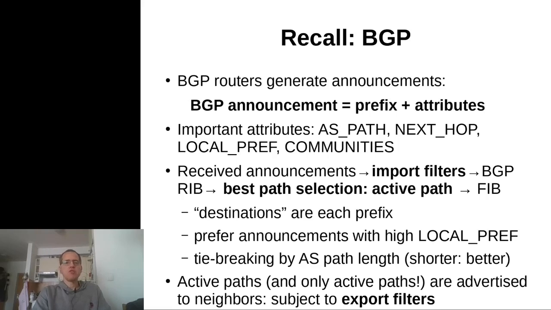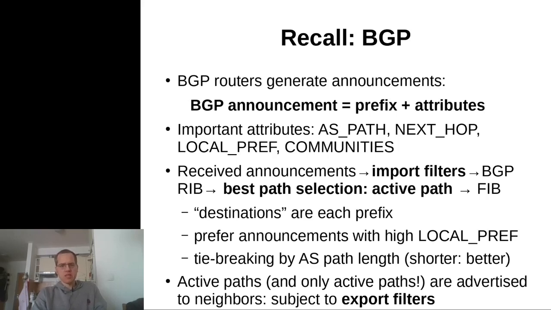BGP routers generate these sorts of BGP announcements, which is basically a collection of a prefix encoded into the network layer reachability information data structure, and the related attributes. We've seen that the important attributes are the AS path attribute, the next hop attribute, the local preference attribute, and the BGP communities attribute. We're going to see again in this lecture how these attributes work to come up with consistent BGP routing configurations. And then the received announcements go through import filters in BGP, go to the BGP RIB,